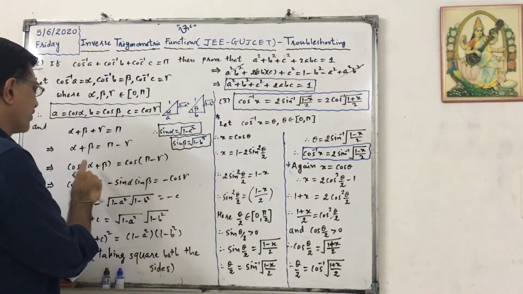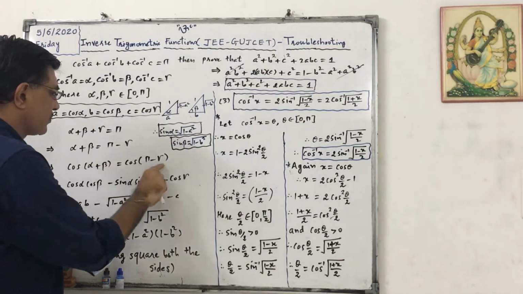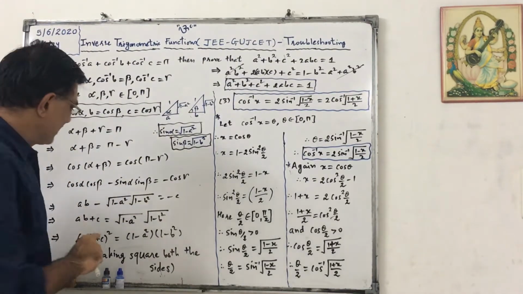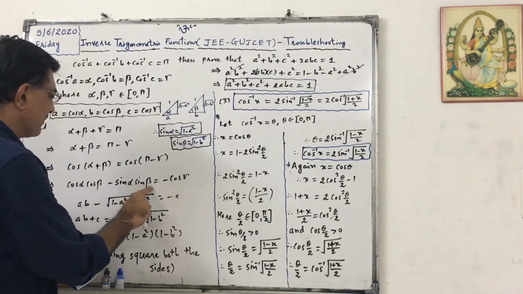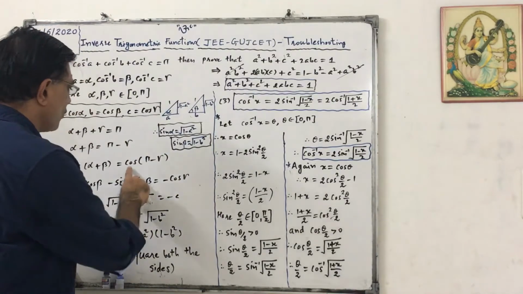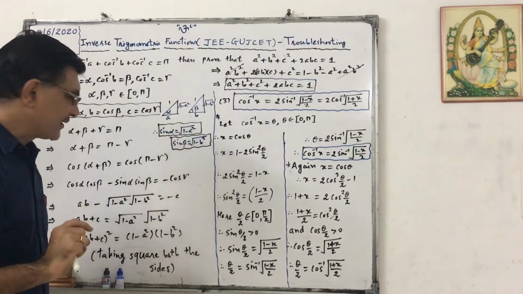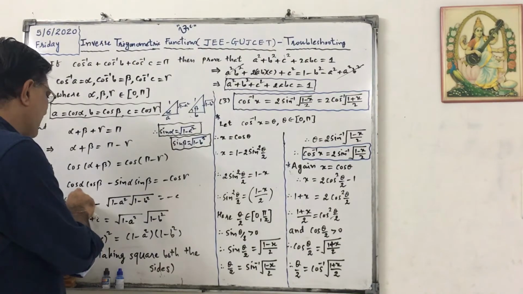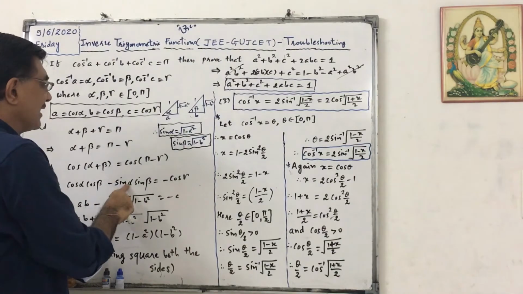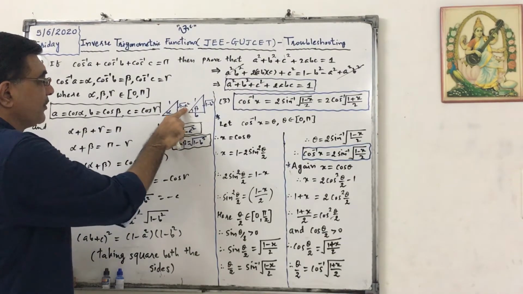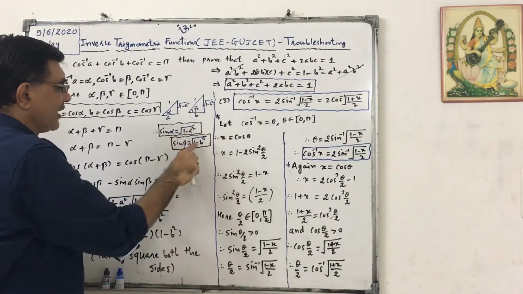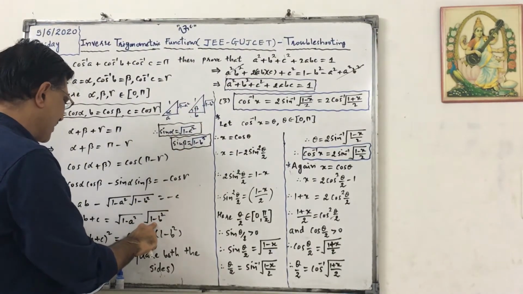So taking cos on both sides, cos of alpha plus beta equals cos of pi minus gamma. We know that cos(C plus C) equals CC minus SS, so it is cos alpha cos beta minus sin alpha sin beta. This is the second quadrant, so cos is negative. So cos of pi minus gamma equals minus cos gamma. Now cos alpha equals A, cos beta equals B. Sin alpha equals opposite side upon hypotenuse, so square root of 1 minus A square. Sin beta equals opposite side upon hypotenuse, so square root of 1 minus B square.